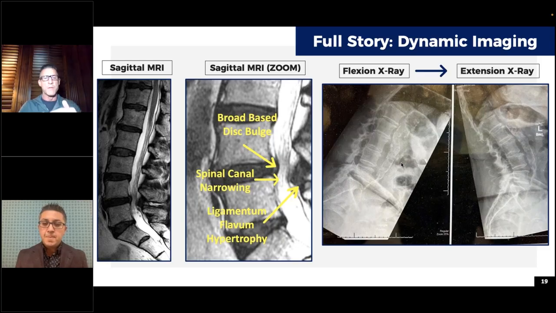You look in the flexion film, and the end plates of the inferior L4 and the superior L5 are in parallel. But then when you put them into extension, you get that alligator mouth or Pac-Man mouth. If you're from my generation, there was a game called Pac-Man. You may not have heard about it, but anyway, you should look it up sometime. It's called Atari.